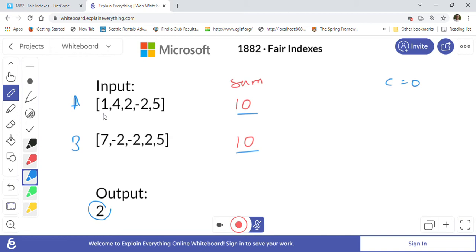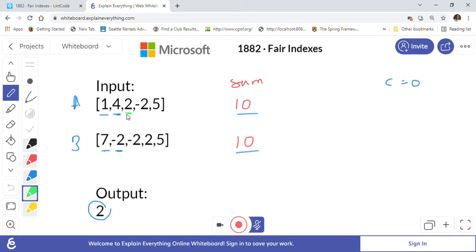If we go from i equal to 0, it means we are here and here. If you try to make a split using i equal to 0, you cannot, because on the left side there is nothing. So let's go forward. Now we are at 4 and minus 2. If you make a split here, then only 4 will be on the left side, and here only 7 will be on the left side. That cannot be possible either, so we will just go forward.